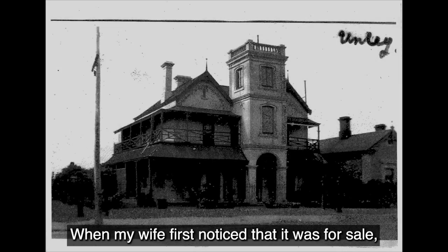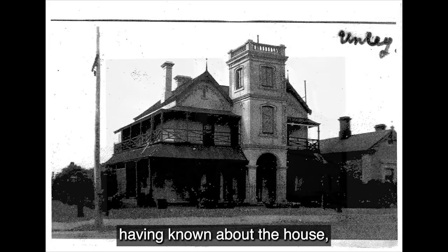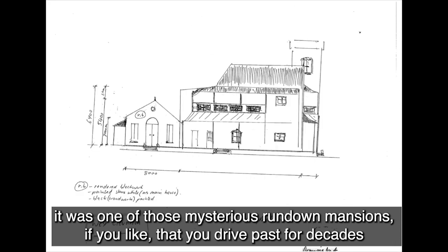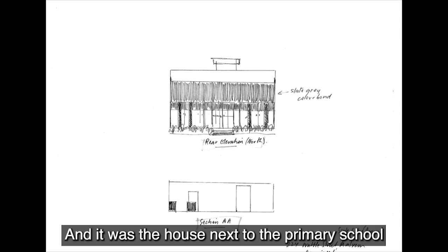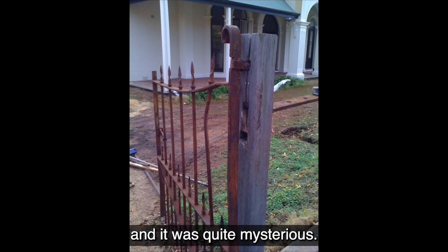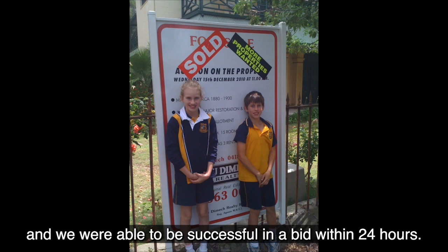When my wife first noticed it was for sale, we really loved the house anyway, having known about it. It was one of those mysterious run-down mansions, if you like, that you drive past for decades and everyone knows about. It was the house next to the primary school, and it was quite mysterious. So when it came up for sale, which was quite unforeseen, we were able to be successful in a bid